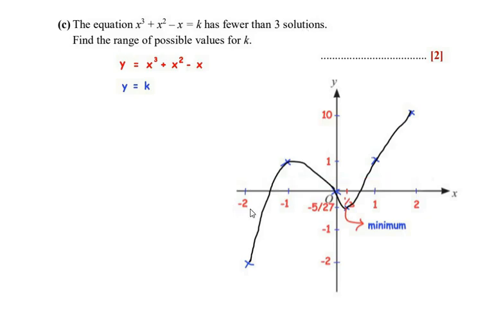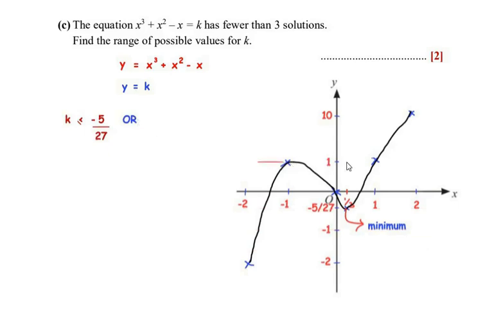So here we can choose this point. This is the minimum point. So we can choose y is equal to negative 5 over 27. So here we can see that this line now divides the curve at 2 points, that is 1 and 2. So this is acceptable. So we can take any value below negative 5 over 27. So here we can see that this line cuts the curve at 1 point. So this means that the value of k has to be lesser than negative 5 over 27,